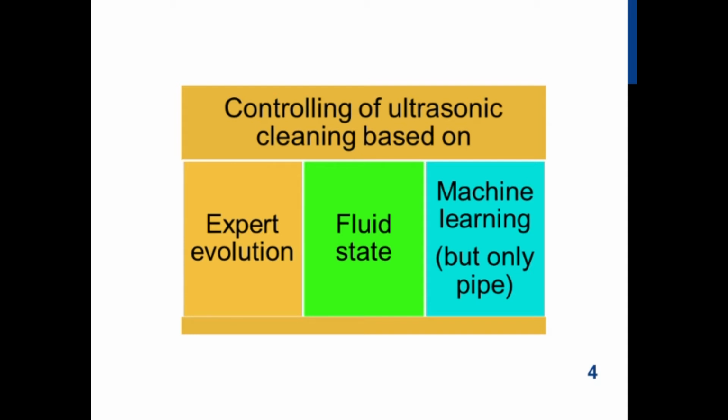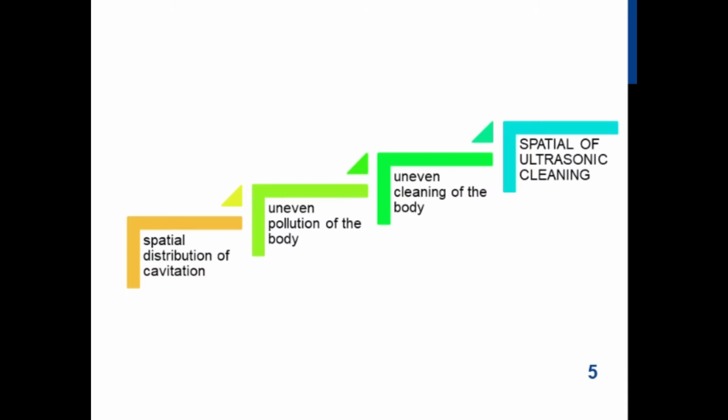More flexible is the formation of assessment based on machine learning. In this way, the condition of a treatment facility part of the pipe was assessed by applying a neural network to the received ultrasound responses. Therefore, it is necessary to develop an evaluation methodology that will allow you to form a control based on the state of the treatment plant of any configuration. For greater efficiency, the control of the ultrasonic cleaning process should take into account its spatial distribution and the actual state of the cleaned body.